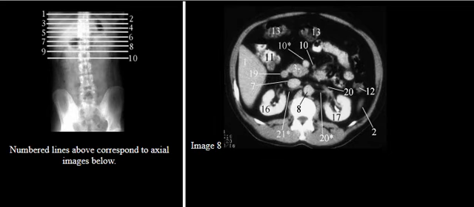And the hepatic artery comes from the celiac trunk, and the celiac trunk gives rise to the common hepatic artery and the proper hepatic artery,